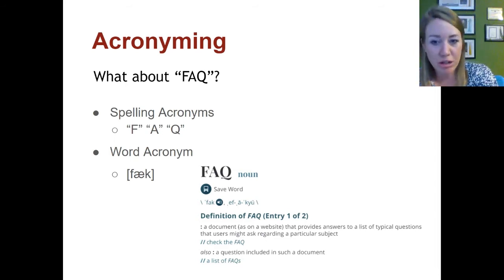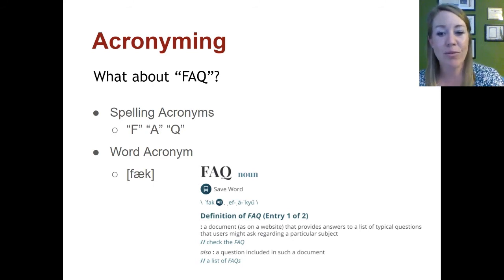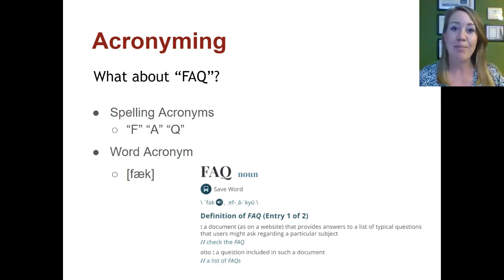So if you actually look close at the screenshot of the dictionary, on the left-hand side, you can see basically the dictionary's phonetic alphabet pronouncing the word as "fak." And if you were to click on that, you can't click on it from this PowerPoint, but if you go to the dictionary and click on that microphone, it would pronounce it as "fak, fak." However, to the right of that little speaker icon, you can see its other pronunciation as F-A-Q. So here the dictionary is pointing out that society is now using either or.